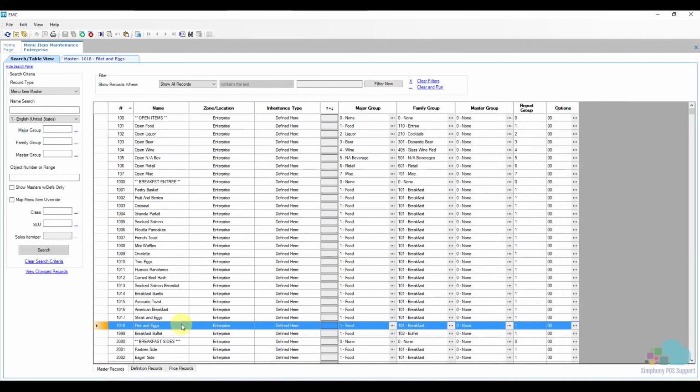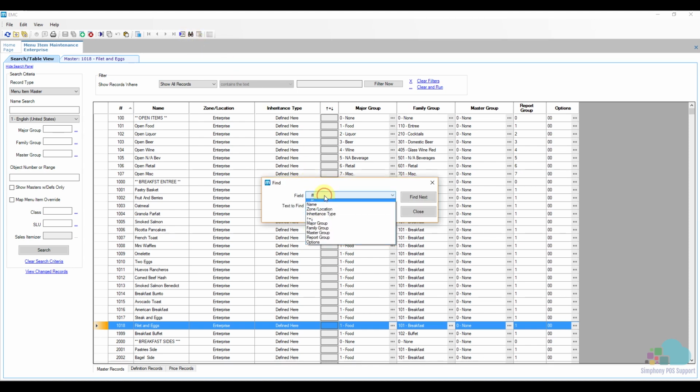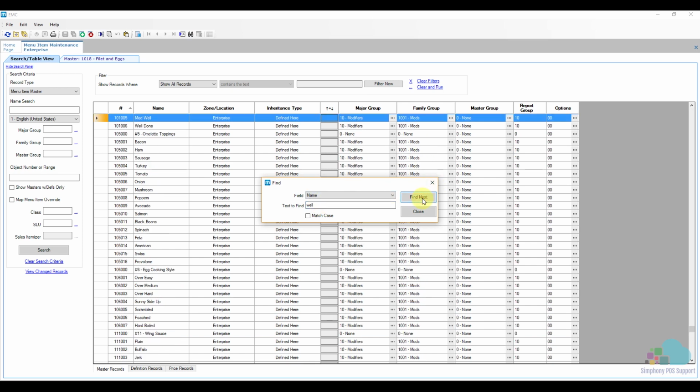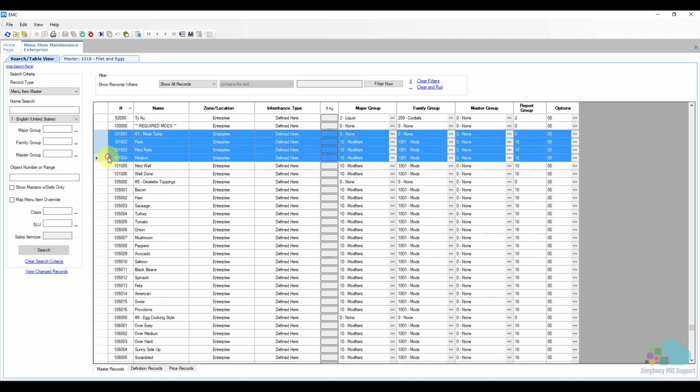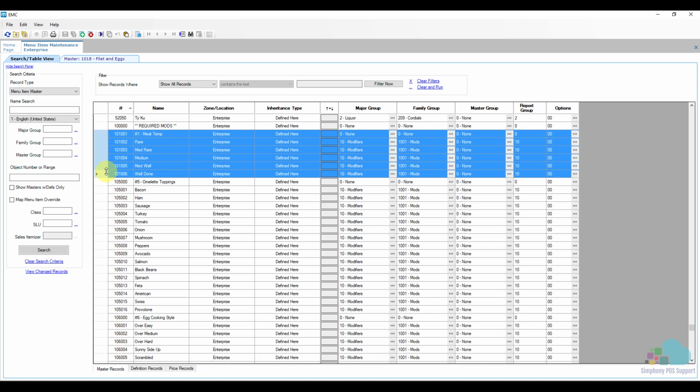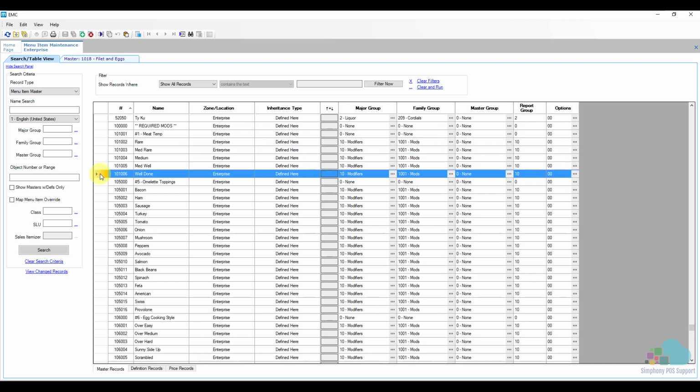Next, we'll take a look at adding a new modifier to a modifier group. We want to add an extra well modifier to our meat temperature group. For this, I'm going to find that section by using the find key and look for well. I found medium well. If I look at this group, this is my required temperature group and these are all its members. To add another one, we just simply have to select one of them as a template, click insert,